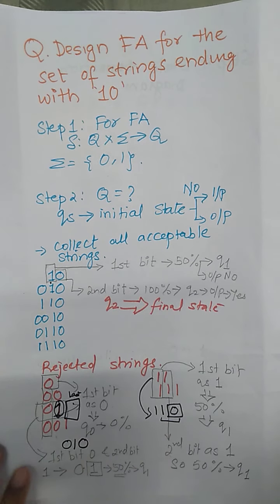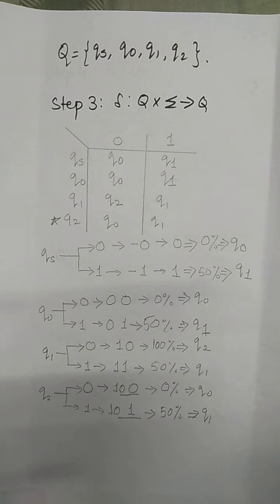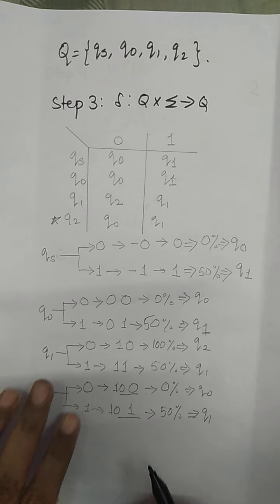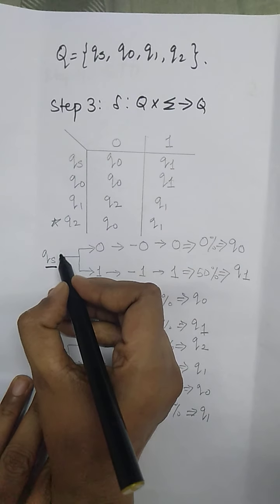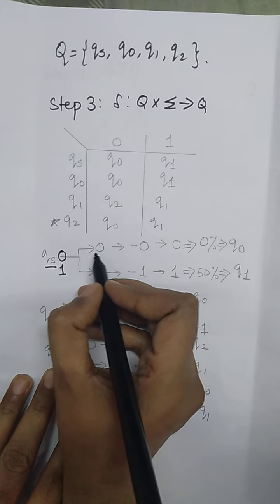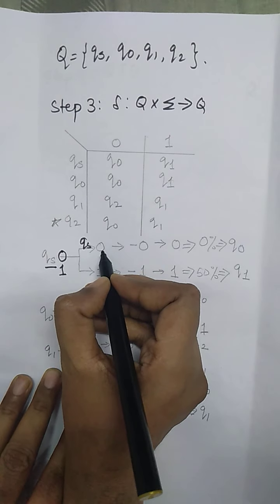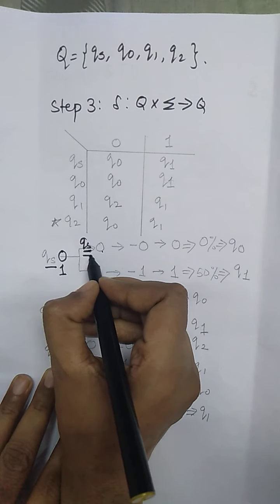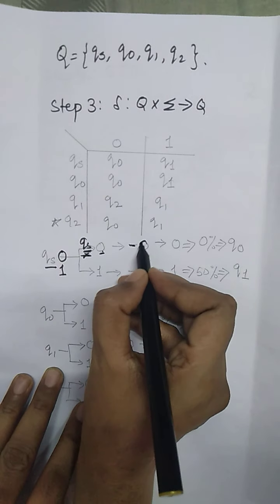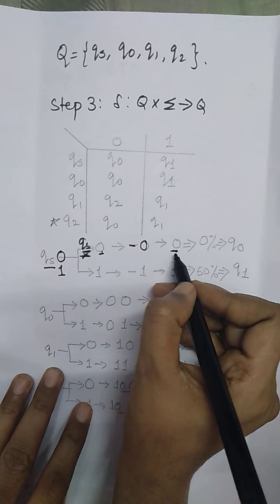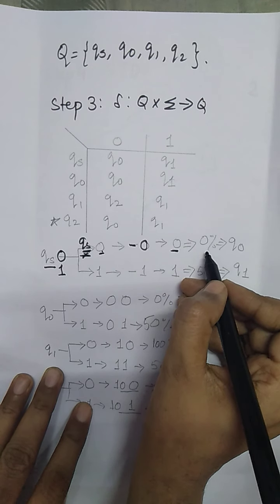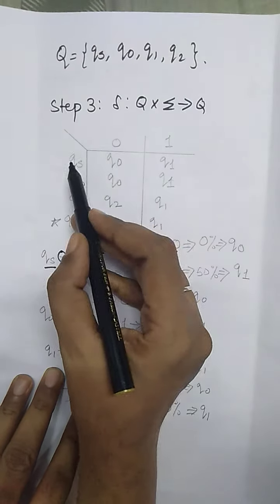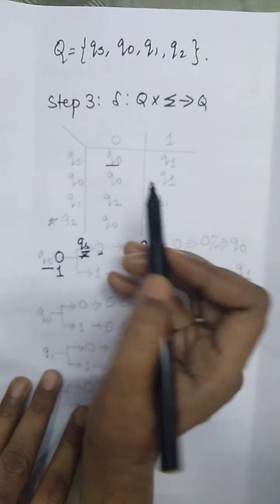Now after that, that means we have states Q0, Q1, Q2. Now it is time to design the table. We start with QS. QS with the next bit can be either 0 or 1. If QS reads the next bit as 0, which string is represented? QS represents nothing, so nothing with the next bit as 0 makes the string 0. That means the string has started with 0, that is the 0%, and the name given is Q0. So QS with the next bit as 0 goes to Q0.